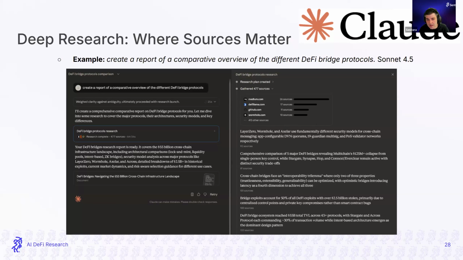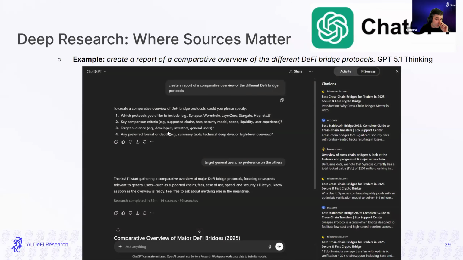DeFi Llama, relying on data, is very good. GitHub, to understand the source code, is also a very good reference. Then official websites of these bridges like Wormhole. So to me, it looks like it took sources that are very important and that someone would probably have taken manually if they were creating this kind of report. Also, we can see a summary of some of the insights that it drew based on different sources, and you can take a look, and they are very, very accurate. So yeah, I would say that for deep research purposes, Claude is winning here.